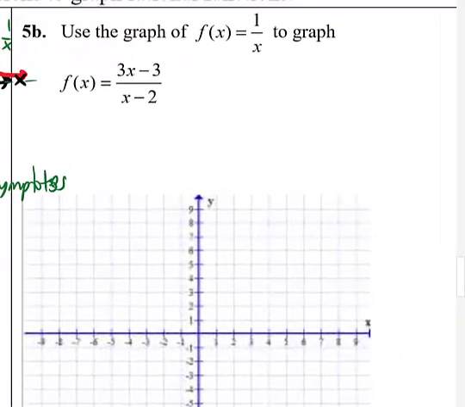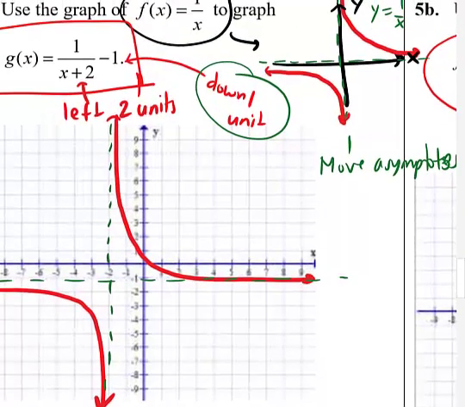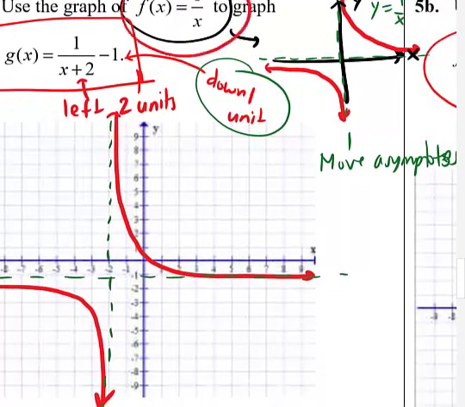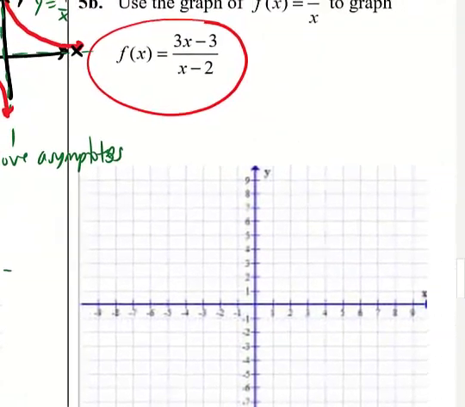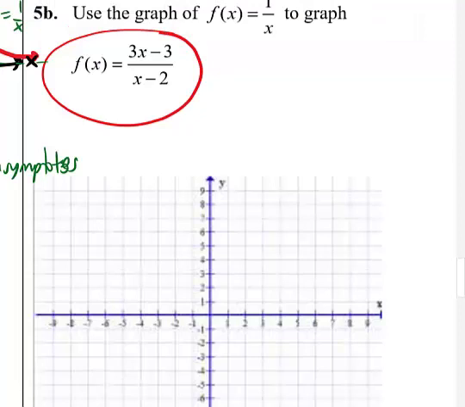Now we'll try to do the same thing for 5b, but notice this one doesn't look like the last one. The last one looked a lot like f of x equals 1 over x, just with the extra number next to x and a negative 1 at the end. This one looks very complicated. I wanted to throw this in because I could see them trying to trick us with it. What we need to do here is use long division